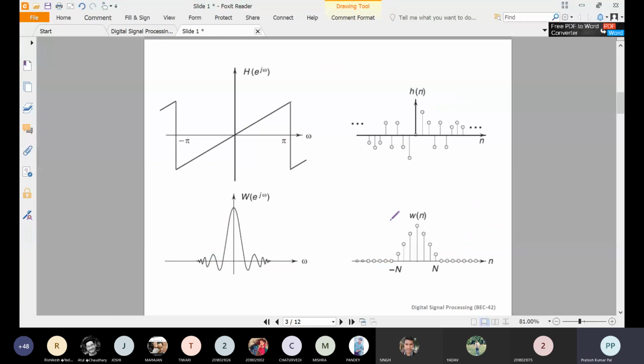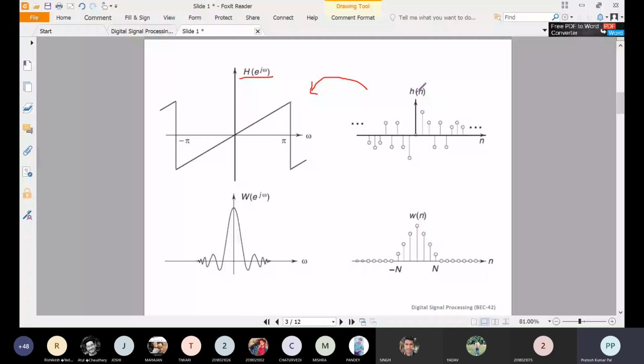So here, suppose this is the frequency response of the impulse response that we have obtained. This is the impulse response, and its sequence has some value for all the n values from minus infinity to plus infinity. If we convert it to its frequency response, it will be like this. This frequency response will be a periodic function having a period of 2 pi, so from minus pi to pi its frequency response is given. This is your infinite impulse response.